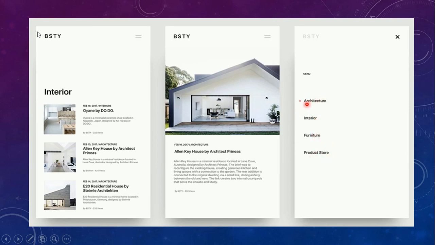Architecture means when the user clicks on architecture, one more page will be displayed on the screen that shows about architecture. And if we click on interior, all different types of interiors, maybe for a dining hall or the living room, will be shown. So this is how menus are being used in blogs.